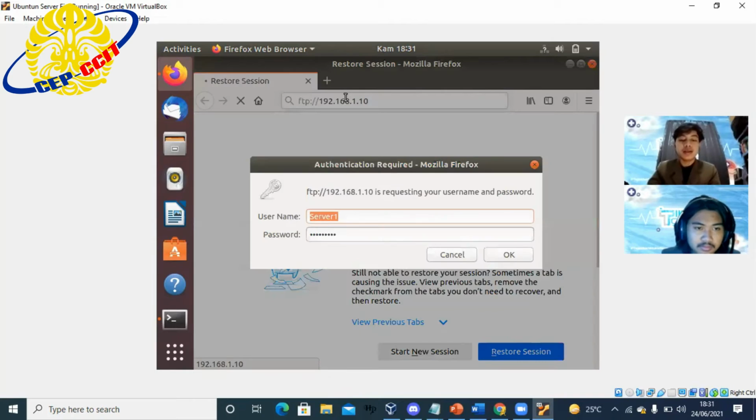Wait a minute. If the display is like this, it means your configuration and IP setting are successful. And then input your username and password and then click OK.